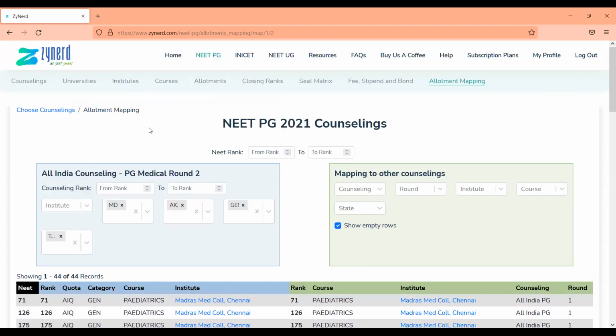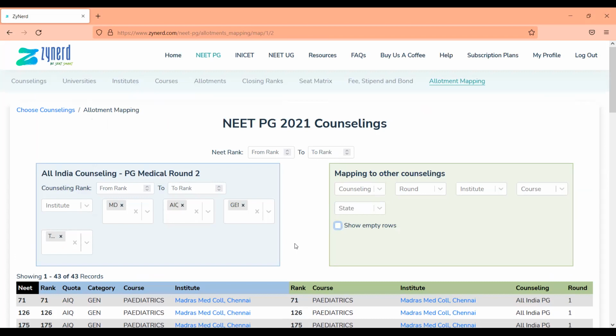But one major thing that we want to emphasize is that these are all allotments, not admissions. Exactly like how you are looking at this, there will be other candidates who are also looking at this information and then deciding based on what the possibilities are. What we are providing here is data. We are not predicting anything. This data is something that you would have otherwise used a pen and paper to figure out, or you would have used Excel sheets. We are providing this data so that it is easier for you to work out the possibilities in your state